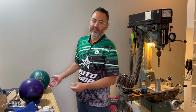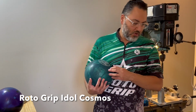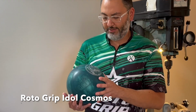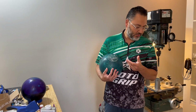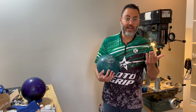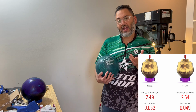Let's talk about the Idle Cosmos. So this ball, at this point, I mean, some nice green, teal, I don't know, whatever you want to call this. It's Extreme Tracks Pearl. We've seen this icon core now several times. I have to admit,